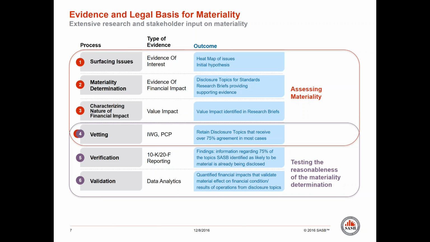We put those potential topics and metrics out for public review through our industry working group and public comment period processes. And the topics that met with broad acceptance, we found roughly 75% accordance between both groups of investors and issuers that these topics were material and relevant to future financial valuation. Then again, looking at those issues, we find that companies are actually broadly agreeing and reporting on these things in their 10Ks already, except we also find that most of that reporting tends to be boilerplate disclosure.